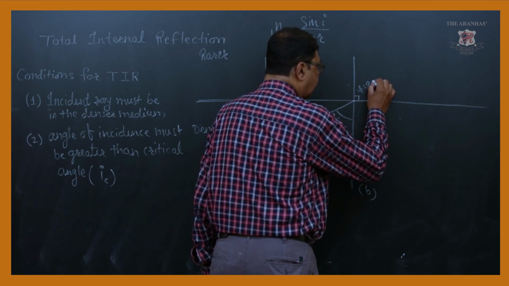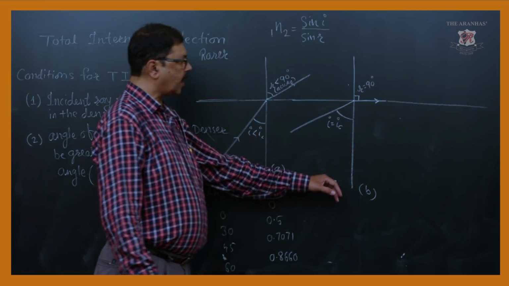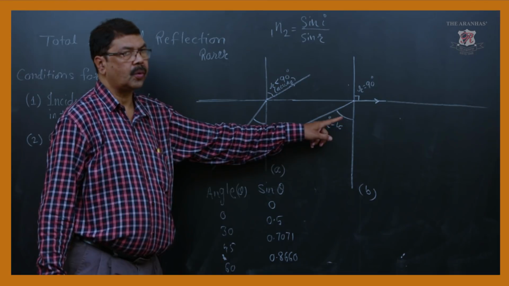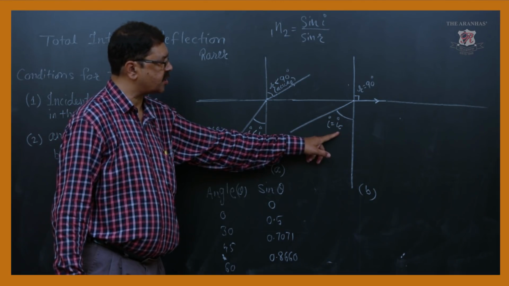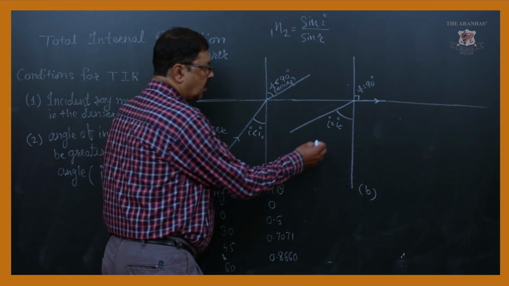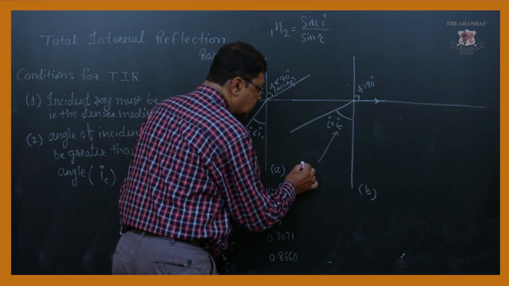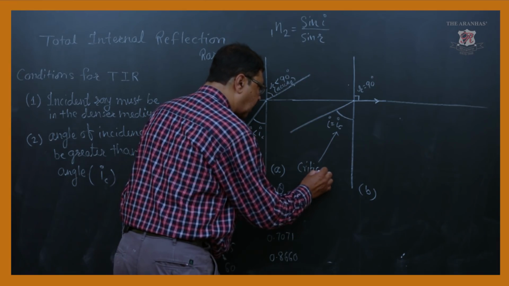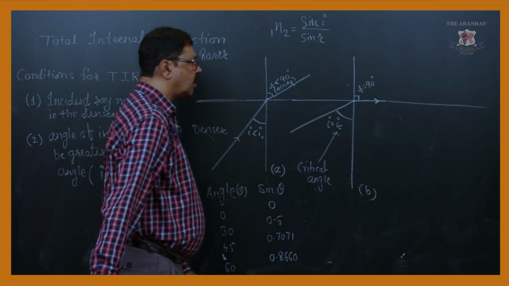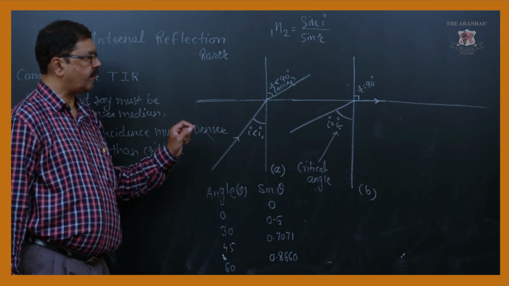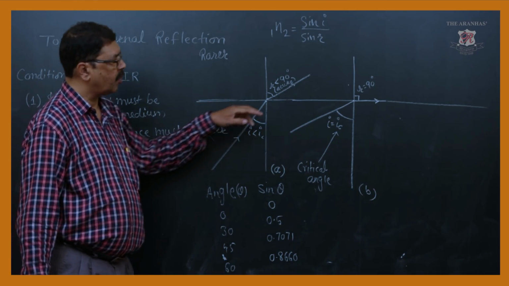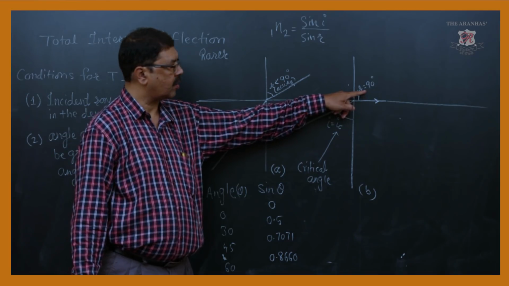It is 90 degree. So, in diagram B, when angle of incidence has a particular value denoted by letter I subscript C, angle of refraction becomes 90 degree. This angle is called as critical angle. What will be the definition of critical angle? Critical angle will be defined as the angle of incidence in the denser medium for which angle of refraction is